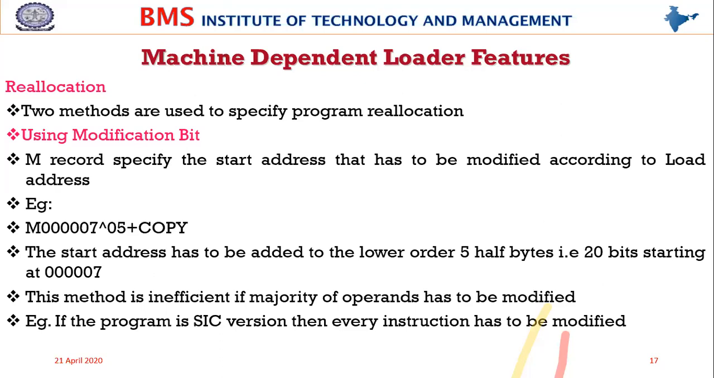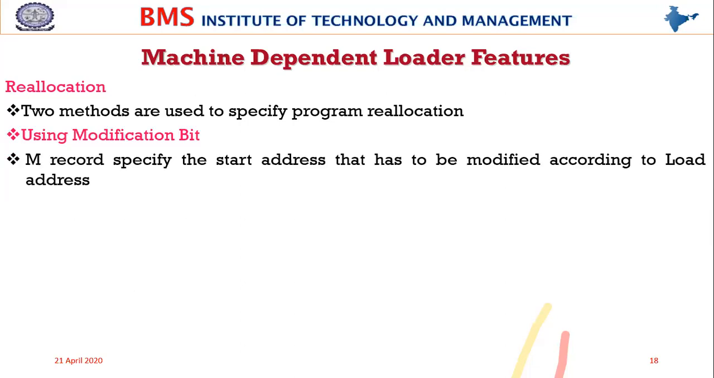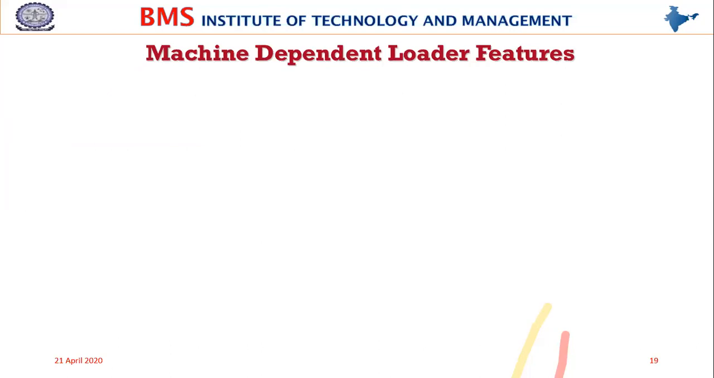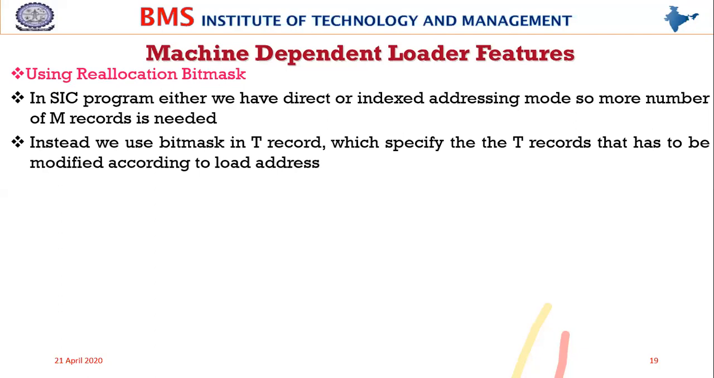Let me say if your program has some 50 instructions, every instruction needs to be modified, right? So this is a tedious task. If 50 instructions, I need to have 50 modifications. If 100 instructions, I need to have 100 modifications, which is not a suitable solution. So suppose the situation is this: we have an SIC-XE program and the majority of the instructions need to be